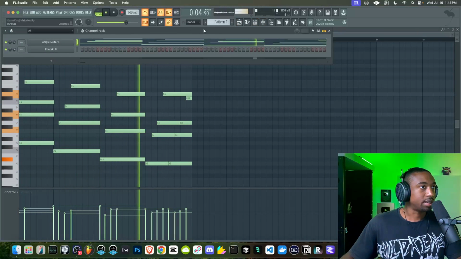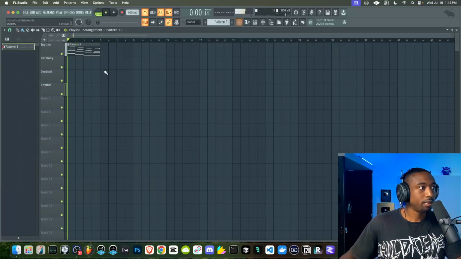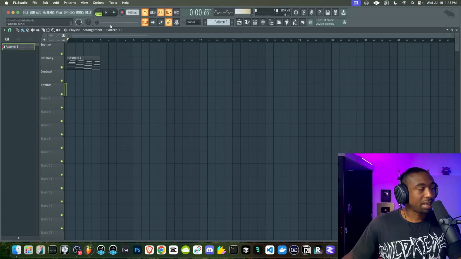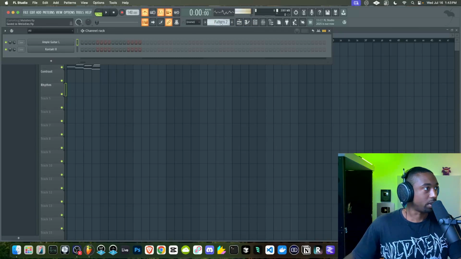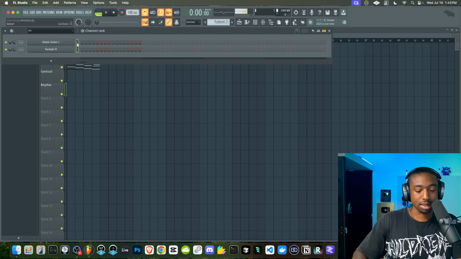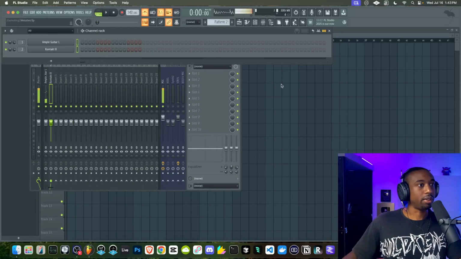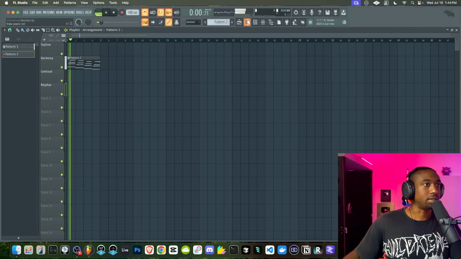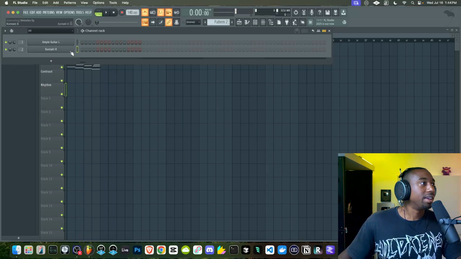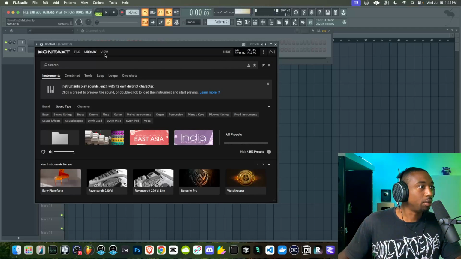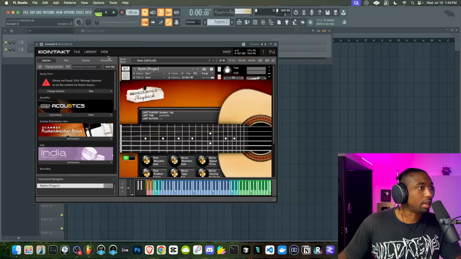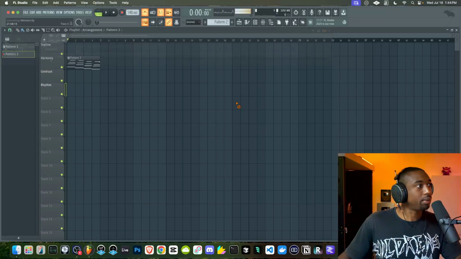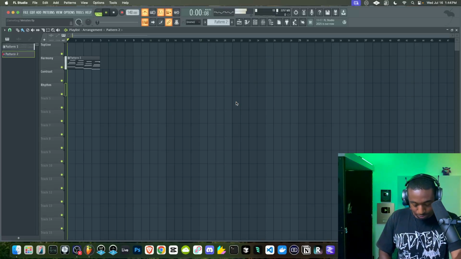Okay, now let's go with the second guitar here. So remember, this is a harmony and a rhythm, okay? So this will be our kind of established rhythm. We're just gonna do basic beats or half beats or quarter beats, whatever it is, whatever the number is. Okay, and then we're gonna go to Kontakt and let's open up, where's our thing? Let's go back to classic view, the Veer Acoustics. So now we can add little expressions over top.